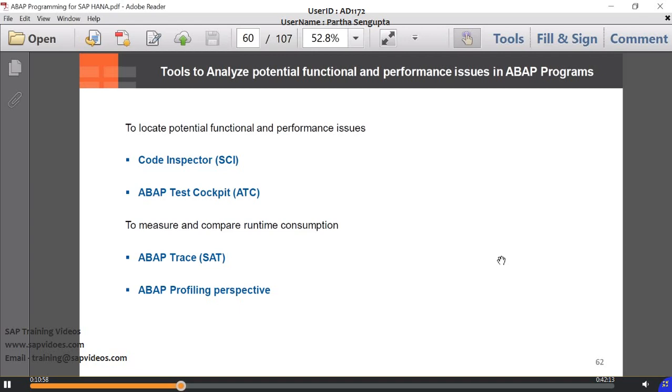These code checks will give you the performance issues in your ABAP reports, function modules, or any transaction you create using module pool programming. So these will show how much your select query is affecting performance when you write a query. Tools such as Code Inspector and ABAP Test Cockpit are used for static code checks, while to measure and compare runtime consumption, how much time it took